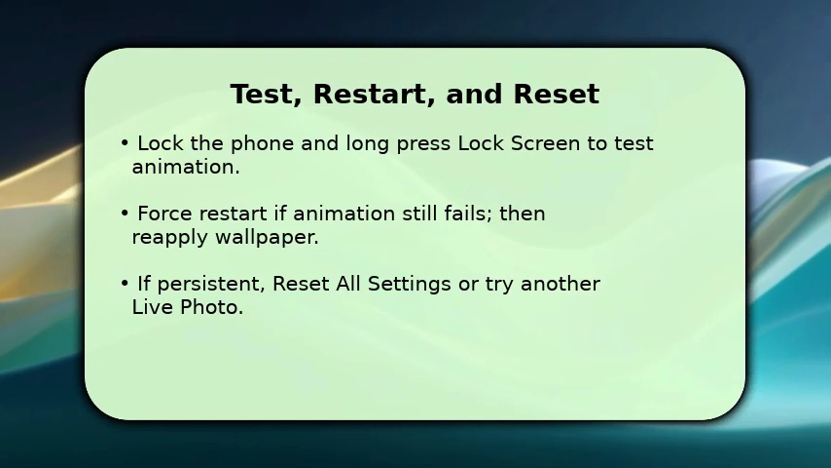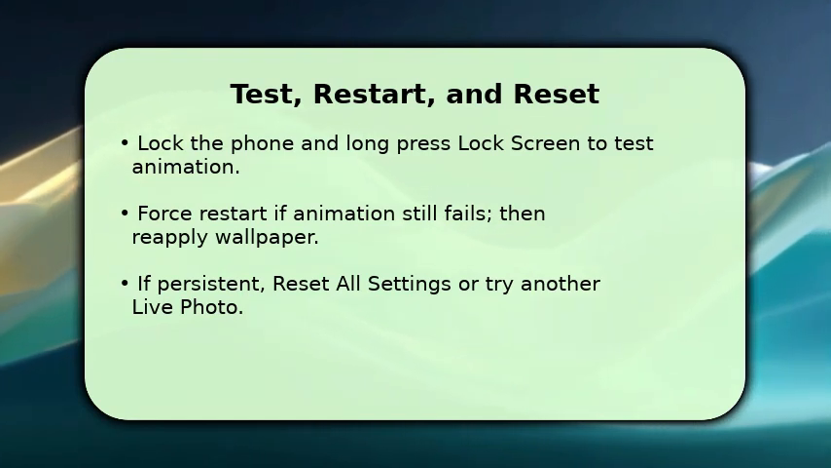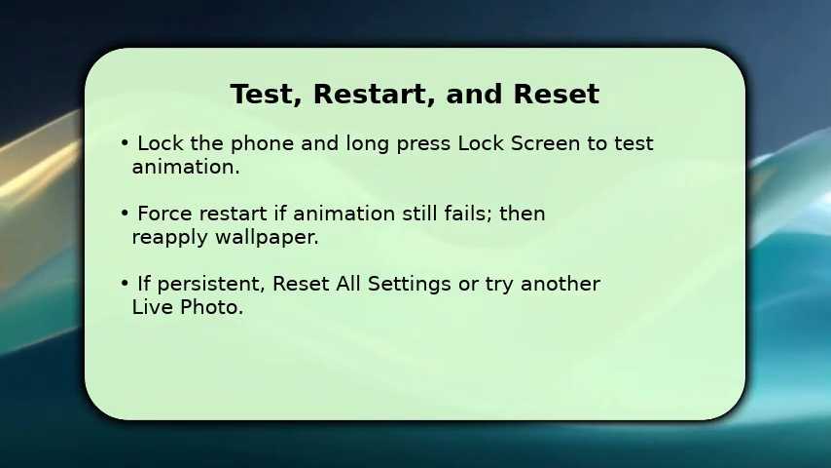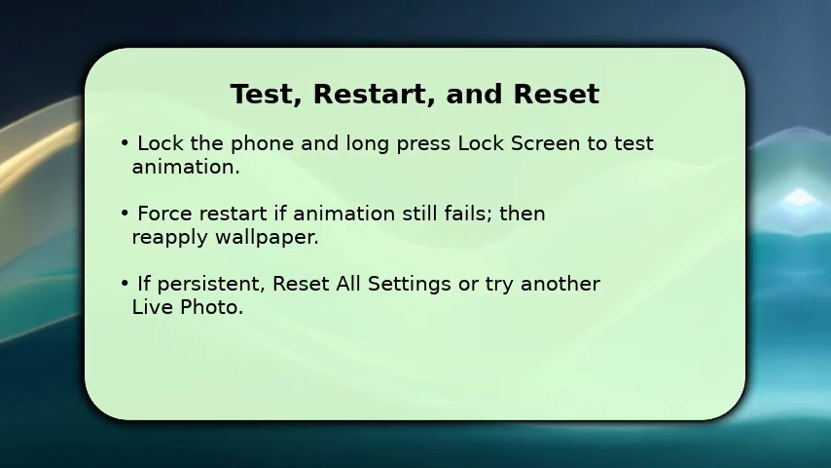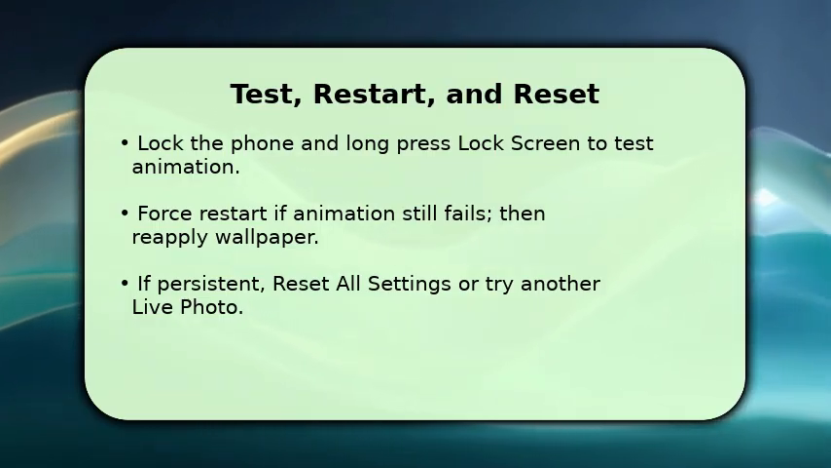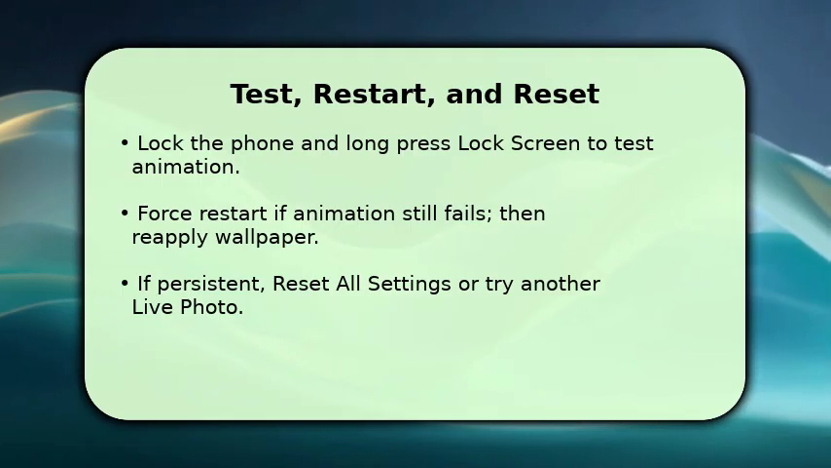Finally, you test and finalize. Lock the iPhone and long press the lock screen to trigger the live photo. Short taps won't work. If it still doesn't animate, force restart the device to clear cache services and then reapply